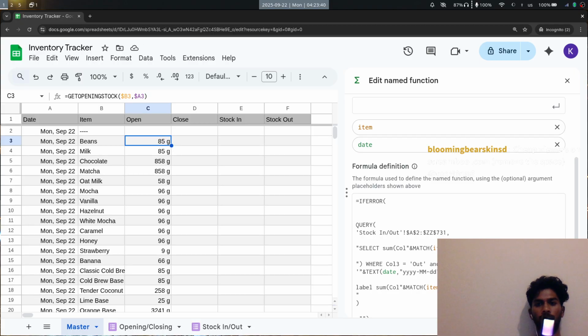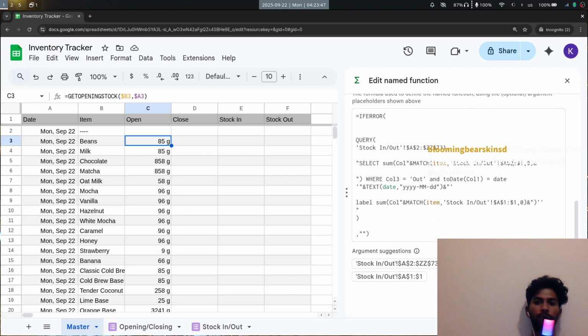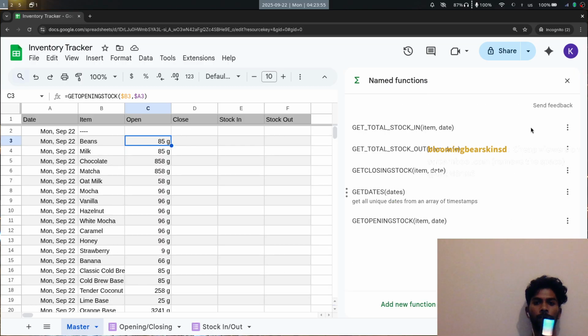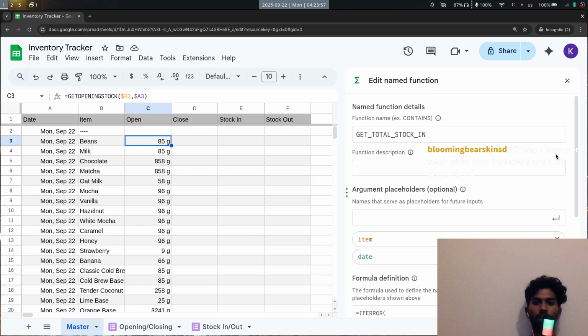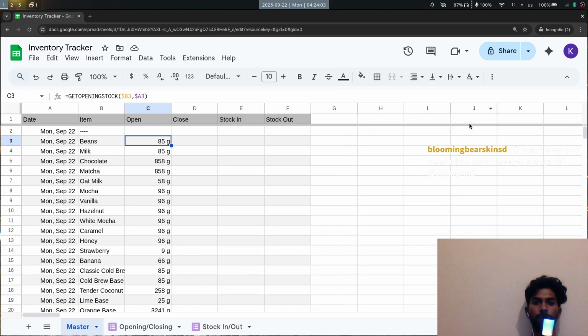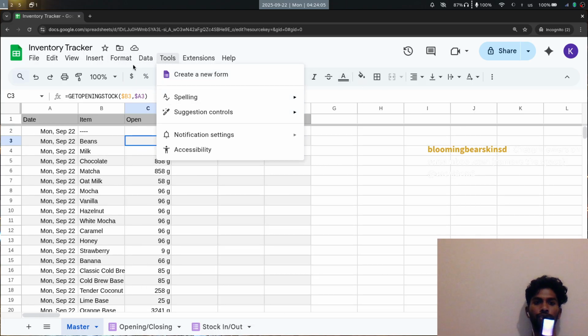This is supposed to be from A2 though. Actually, I guess it could be the whole thing, but let's just do A2 to, oh no, this is A1. This one is A2, so no problems there. Stock in, no problems there. Okay, so we have a bunch of named functions